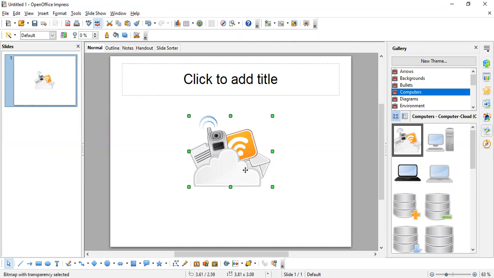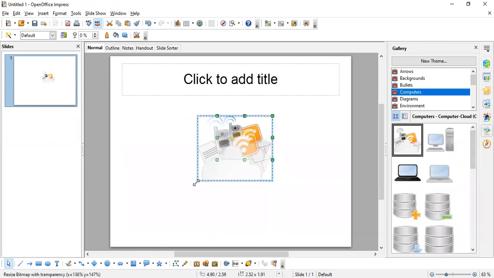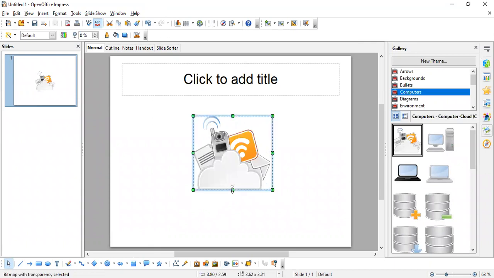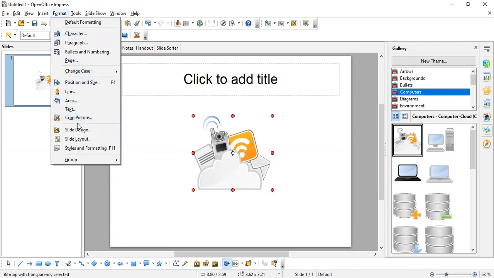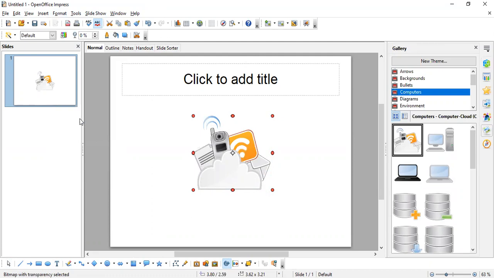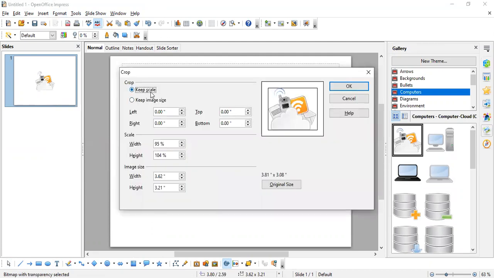So now I want to resize a particular image. There are two options. I can drag these border points that are present, or else to resize any picture, go to the Format menu and then select the option Picture, and then you'll get the width, height, left how much space you want, top how much space you want, right how much space you want, bottom how much space you want.